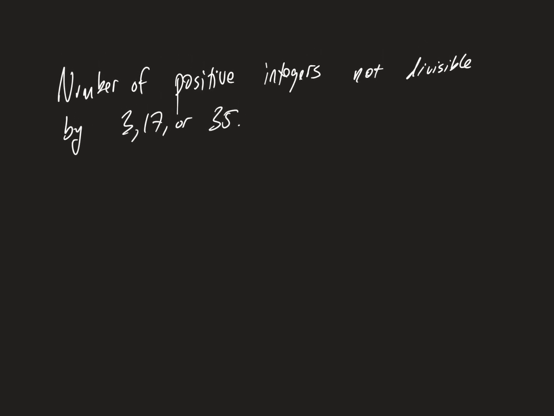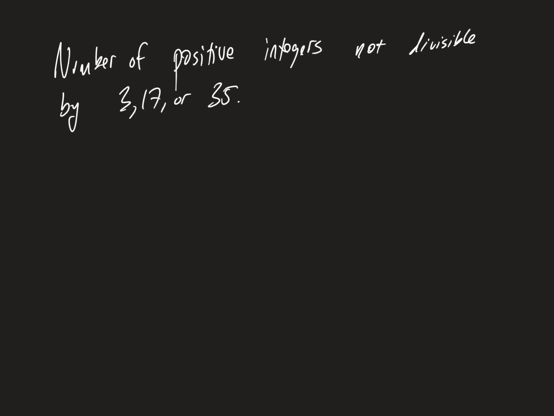Okay, so we're going to do this one from section 8.5. This is the law of inclusion and exclusion. And we're going to find the number of positive integers that are not divisible by 3, 17, or 35. And so one of the ideas here is